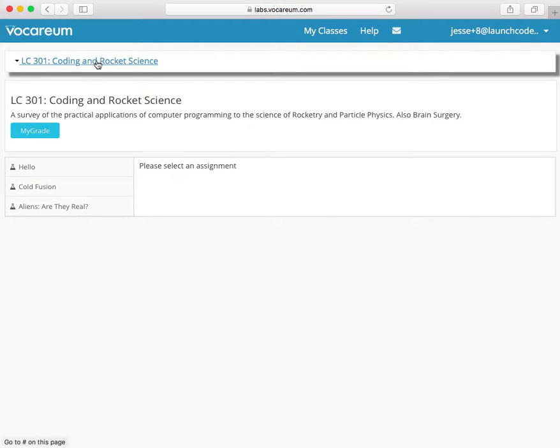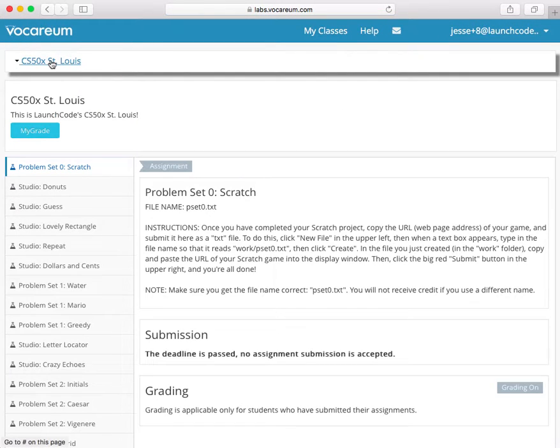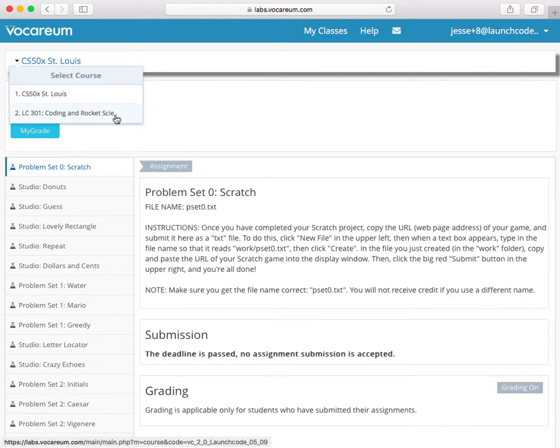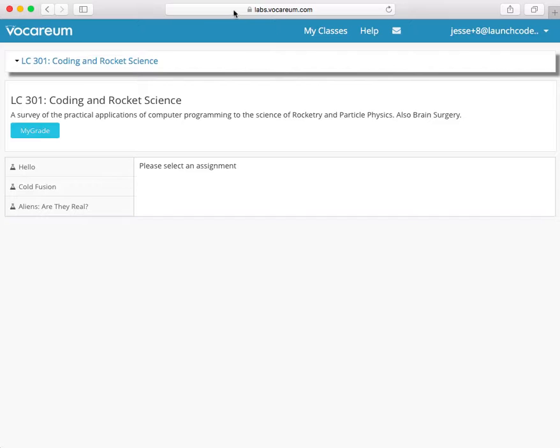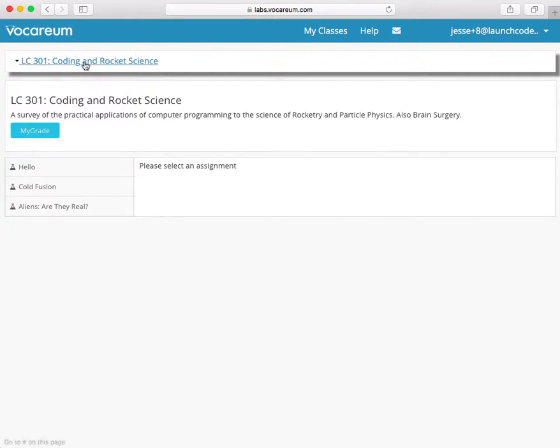So for example, this student is in some other class called CS50 St. Louis, and so when I was enrolled in this new rocket science class, it just automatically showed up here in this drop-down menu. So I can get here just by going to labs.vocareum.com, and then selecting the class that I want from this top drop-down menu. So here I am in the homepage for the rocket science class,